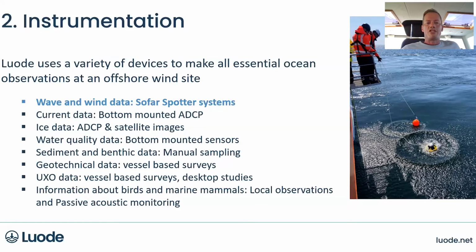Some words about the instrumentation, how it is done, and what kind of instruments we are using. So we have, of course, quite a large range or variety of devices to make all the needed parameters available for the clients. And as we are here hosted by the Sofar company, one critical instrumentation that we have been using and chosen to be used for this kind of projects is the wave and wind data from the Spotter systems. The reasoning behind why we chose the Sofar Spotter system, we will get back to that later on,